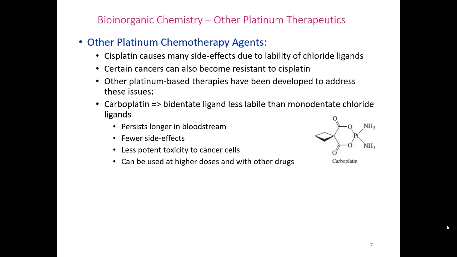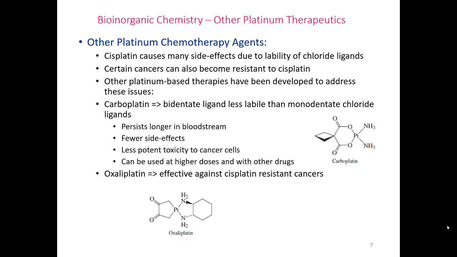However, because the bidentate ligand is less labile, carboplatin is less toxic in general and less potent versus cancer cells. This metal complex therefore needs to be administered in higher doses than cisplatin and is often used in conjunction with other chemotherapy agents. Another example shown below of another type of platinum-based chemotherapy agent is oxaliplatin, which is more effective